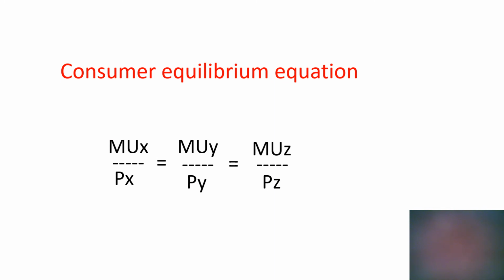Now we're ready to be introduced to our consumer equilibrium model. It is an algebraic equation. It's defined as the marginal utility of X divided by the price of X, equals the marginal utility of Y divided by the price of Y, equals the marginal utility of Z divided by the price of Z. These products, X, Y, and Z, could represent budget items for us, such as food, housing, transportation, or it could mean other things such as clothing, insurance costs,